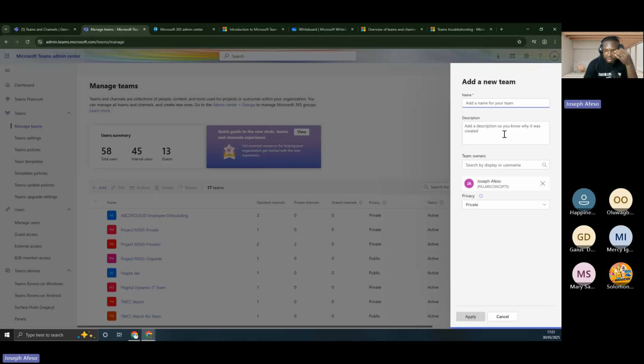So as administrator, I can create a team. When I'm creating that team, I'll choose whether it is public or private. Of course, you know what that is now. Then I can give the team a name. I can say created from Teams Admin Center, TAC, right? Then who is going to be the owner? I can create a team here without having an owner, right? Let's see what happens. I want to make it a public team. I just apply.